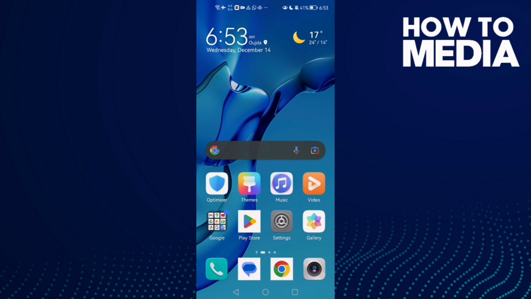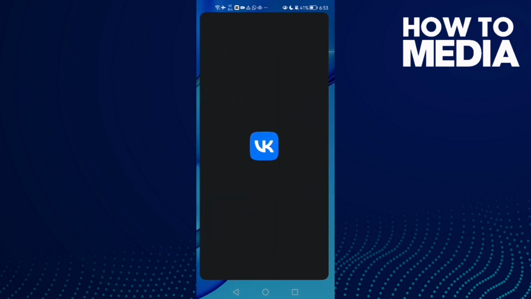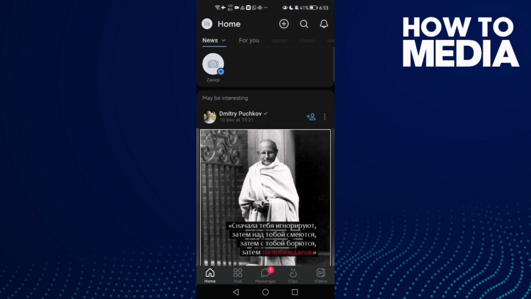How to show or hide posts, notifications, content on VK on Android or iOS phone. First open VK and then click Hub